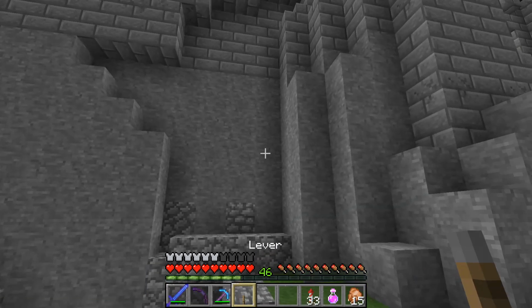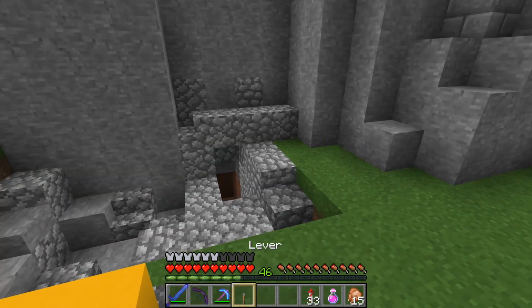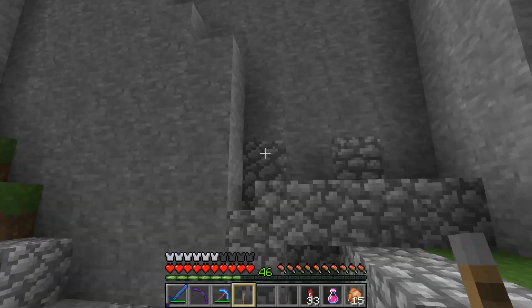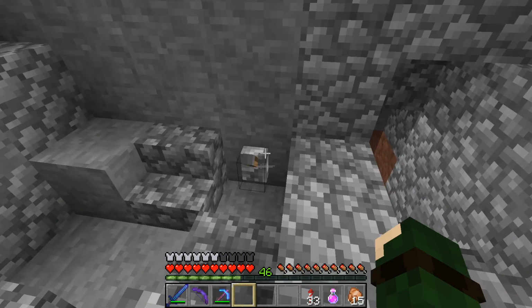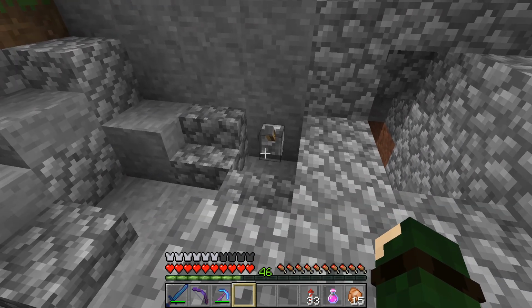So what we'll do is you can carry around, or you can hide somewhere, a lever. It's like a key, and then you wouldn't know where to put it on this wall. It could be anywhere. You could also make it a little more hidden than I do, but it's a single player world. So I'll put it right here. Very easy to get to.